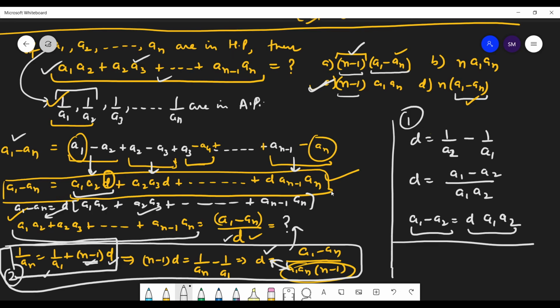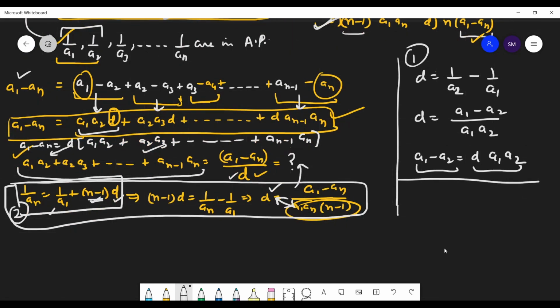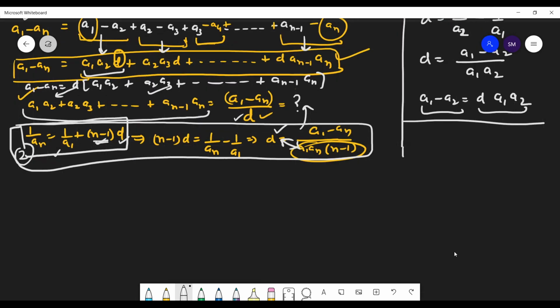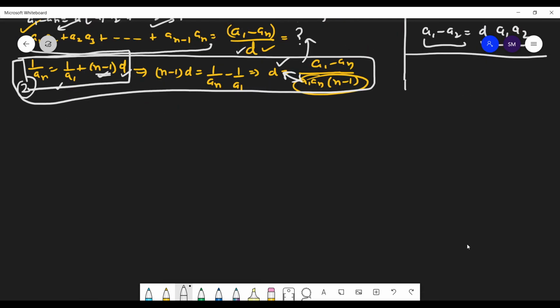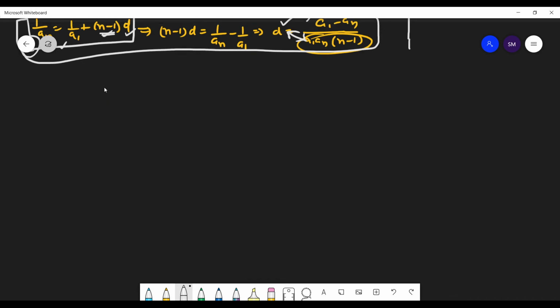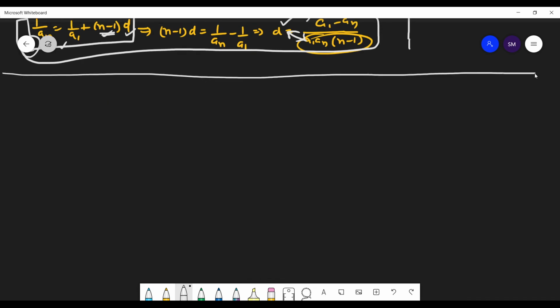So practice makes a man perfect in mathematics. Maths is learned not by reading but by doing, practicing lots and lots of questions. You will come to know that this kind of situation, this kind of thing, keep on absorbing. So when in future you deal with that kind of situation again, it will take less time. We have already done this kind of question in the past. So try to understand the strategies, and strategies also come with practice.